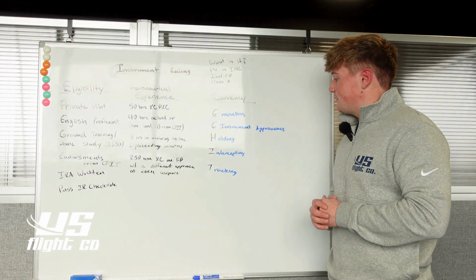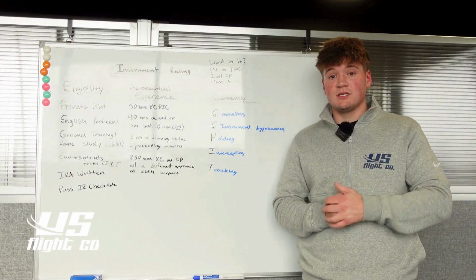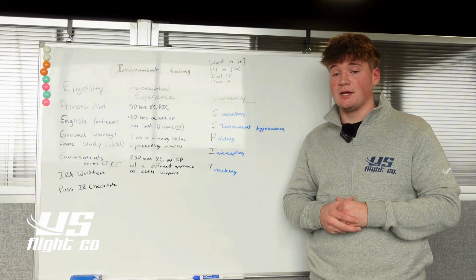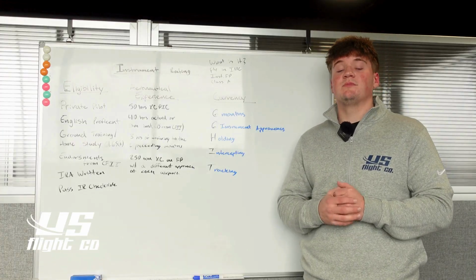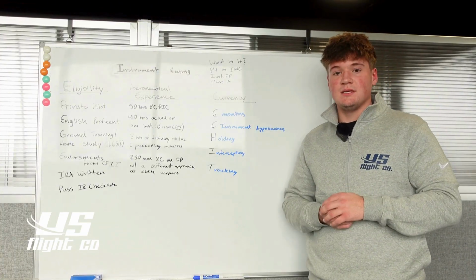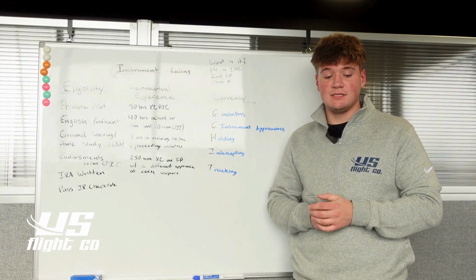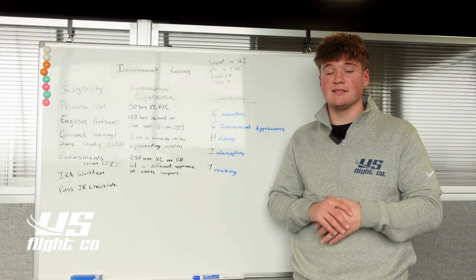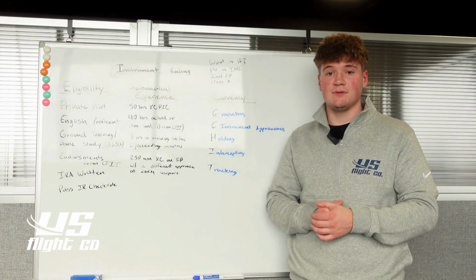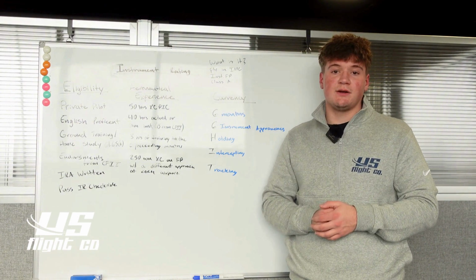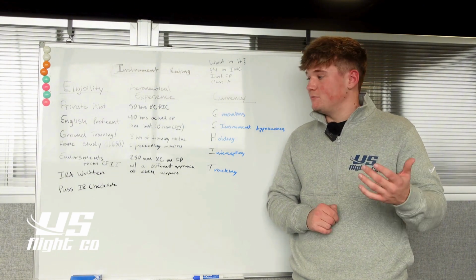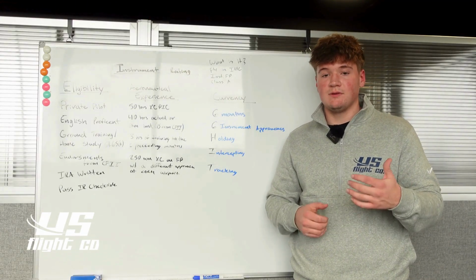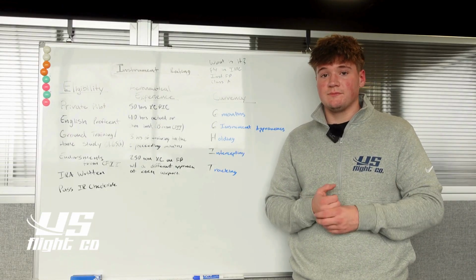Now, for whatever reason, if we do let that additional 6-month grace period lapse, we're in that span of a year now where we haven't been current, then we need to do something called an instrument proficiency check. So the exacts of what is entailed in the IPC is going to be in the Instrument ACS, the Airman Certification Standards, and inside that we'll have everything that will be on that IPC. But it's going to be similar to an instrument check ride. You're going to go up, you're going to go through a couple items. If the person doing the IPC, which could be like a CFII, deems you're still a proficient, safe pilot,